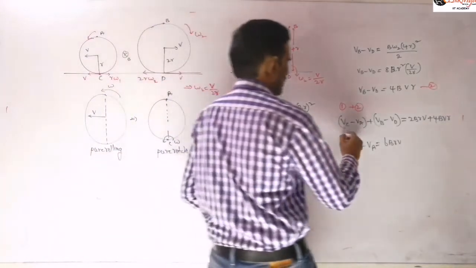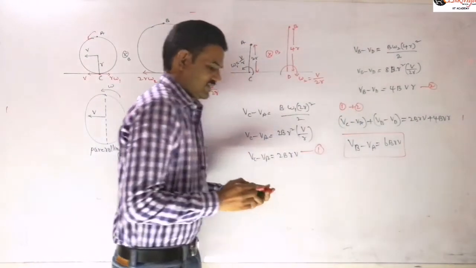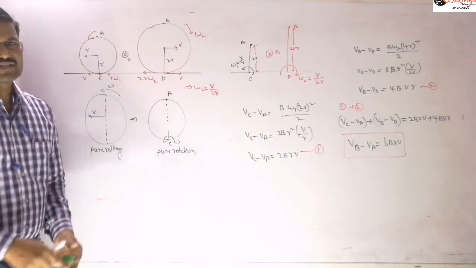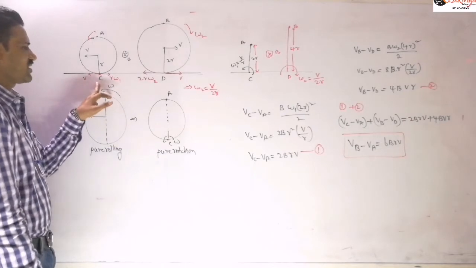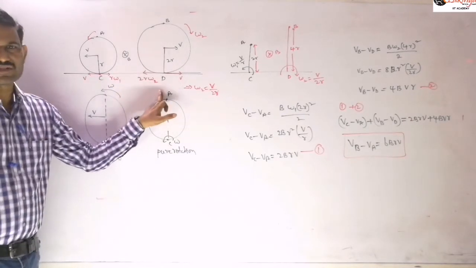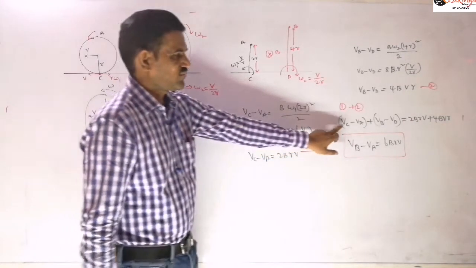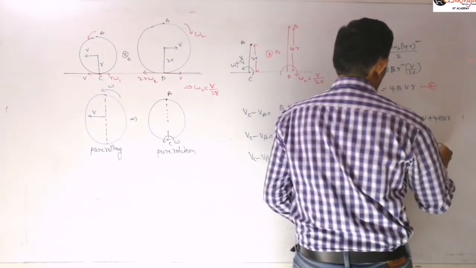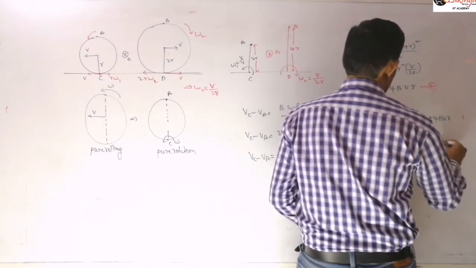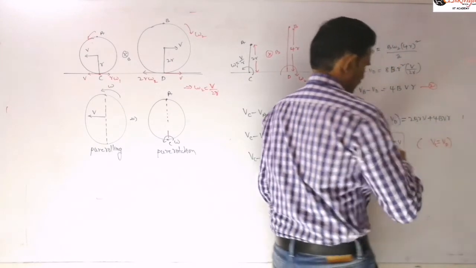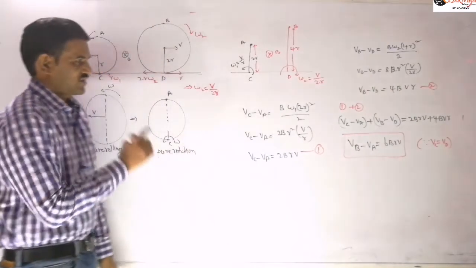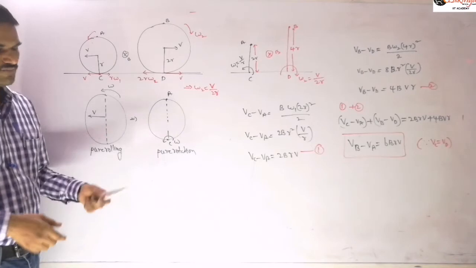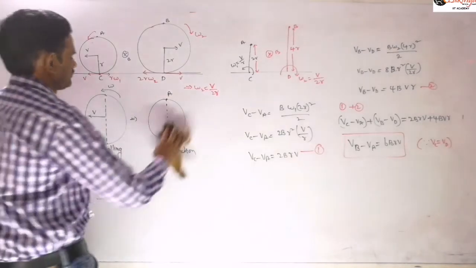Why we are writing like that: it is given that this surface is a conducting surface. Once this surface is a conducting surface, then definitely the potential of C and the potential of D must be the same, and so they will cancel here. You may mention that in brackets. Since the potential of C is equal to the potential of D, you may read the question again, where it is mentioned that the surface is a conducting surface, right? Like that you need to solve here.